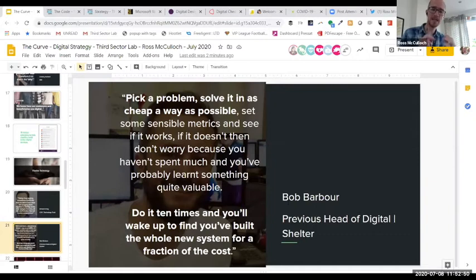So what are the pain points for your beneficiaries, for your staff, for your volunteers? How do you address each of those individual pain points? And what is the technology that's going to help you do that? Rather than thinking, we need to build a big system that's going to deliver everything over a very, very short time period. When Bob's talking about that, those 10 things might take place over the course of 12 months. So every month you might focus on a challenge: what is a pain point we want to address this month? What's the digital tool that's going to help us achieve it?